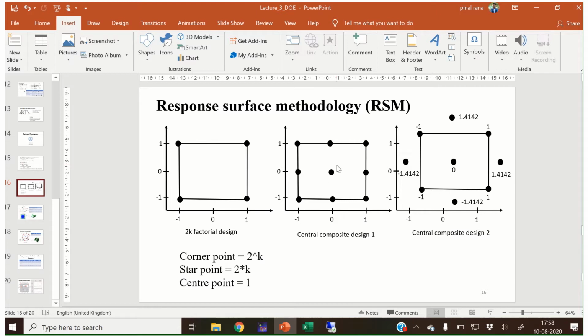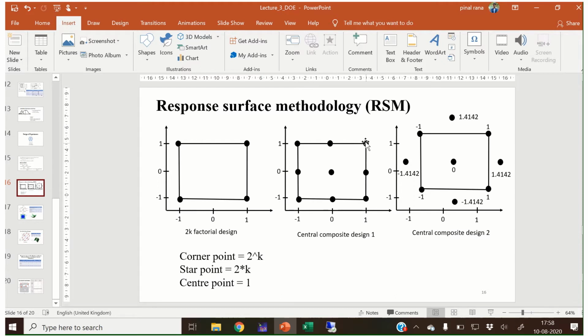Now we see the details of the central composite design, that is, what different combinations we can produce using it. From both figures we can say that there are 4 corner points. The number of corner points can be obtained using 2 raised to k. Here we have two variables, so 2 raised to 2 gives you 4.